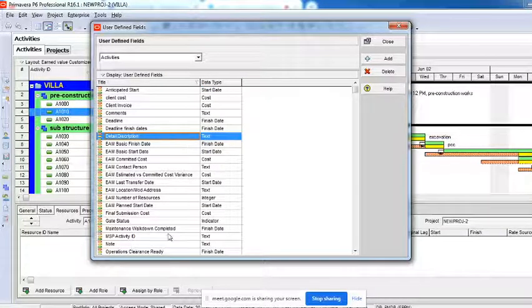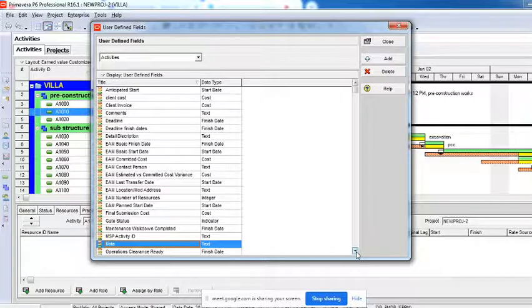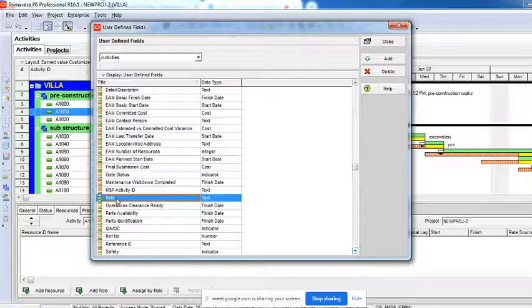This note is not available by default in Primavera, so I have created a note as a column, a defined field, and there is something called data type. What is data type? It's the input. What is that input you want to give? Input is very important. If I keep it as a note and select number, then the note column you insert, you cannot type text there. You will have to type only numbers.